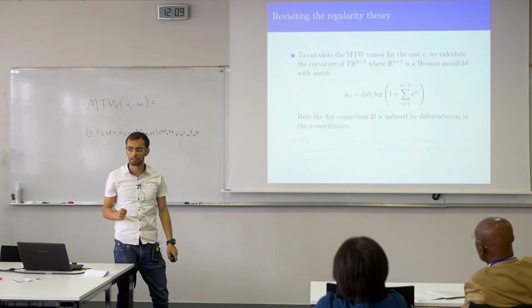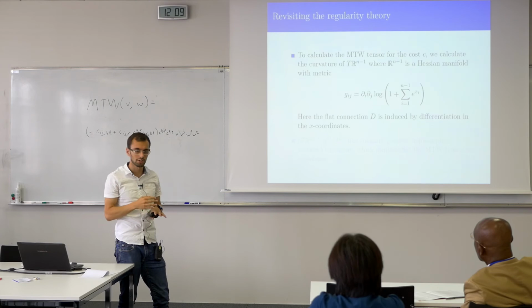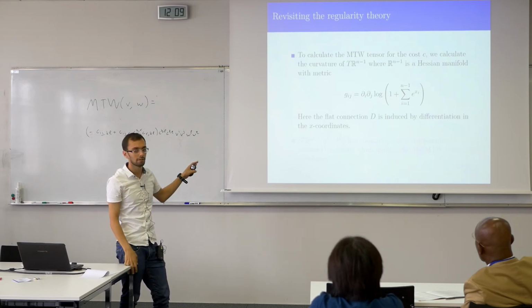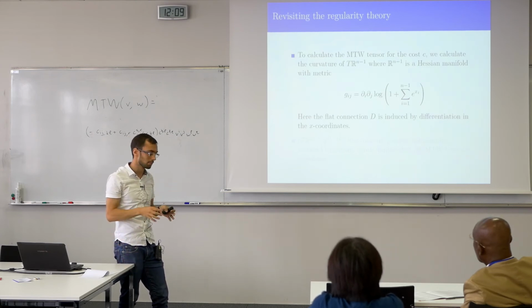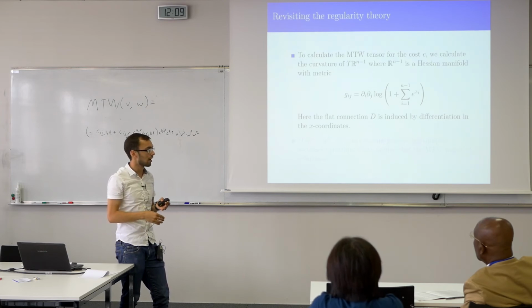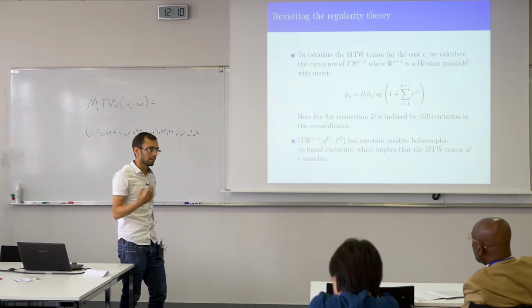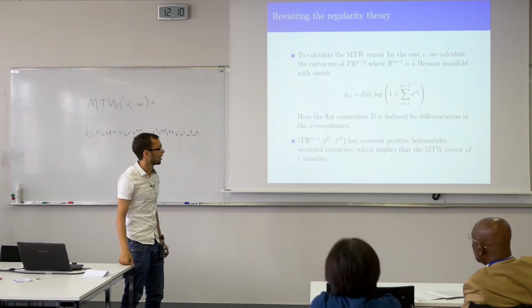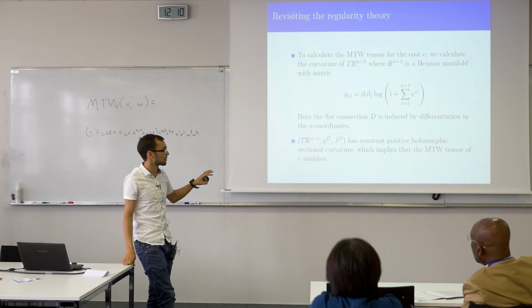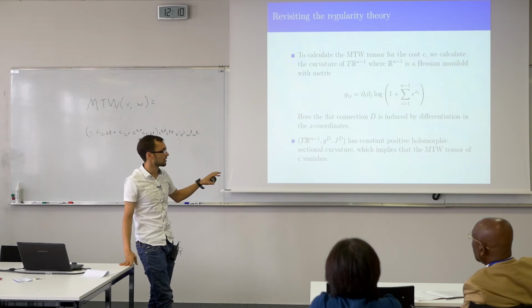This should look familiar if you're familiar with Hessian geometry, because it's the simplest example of, or really maybe the only example of something with constant, in that convention, negative Hessian curvature. So in the complex geometric language, this has constant positive holomorphic sectional curvature, which implies that its